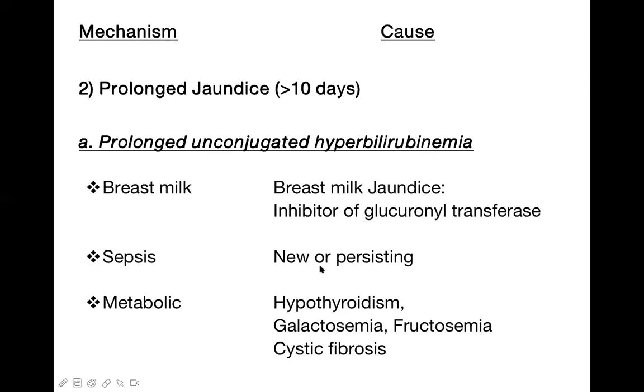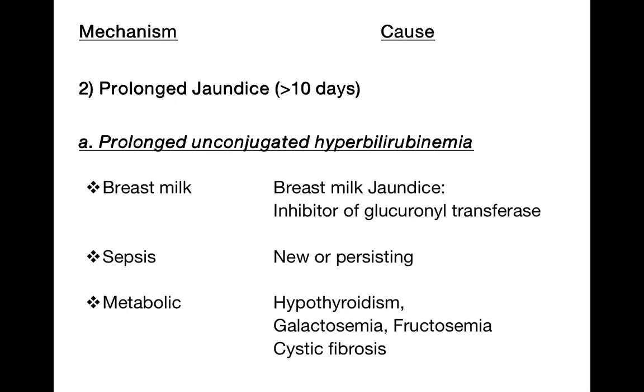The same sepsis, if it persists for a longer duration, will lead to prolonged jaundice, and some of the metabolic conditions. Among them, hypothyroidism is the very, very important one. Others are quite rare: galactosemia, fructosemia, and cystic fibrosis. These are not common disorders, but hypothyroidism in the newborn may be very common. So why does it lead to prolonged jaundice? The answer is we need thyroid hormone,